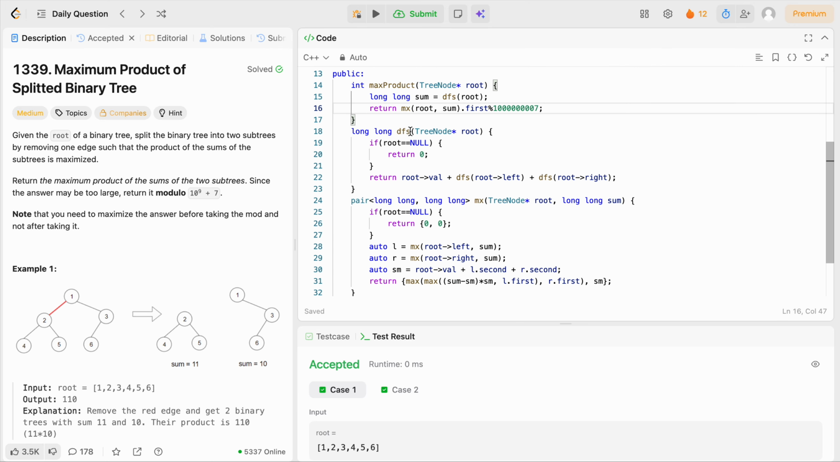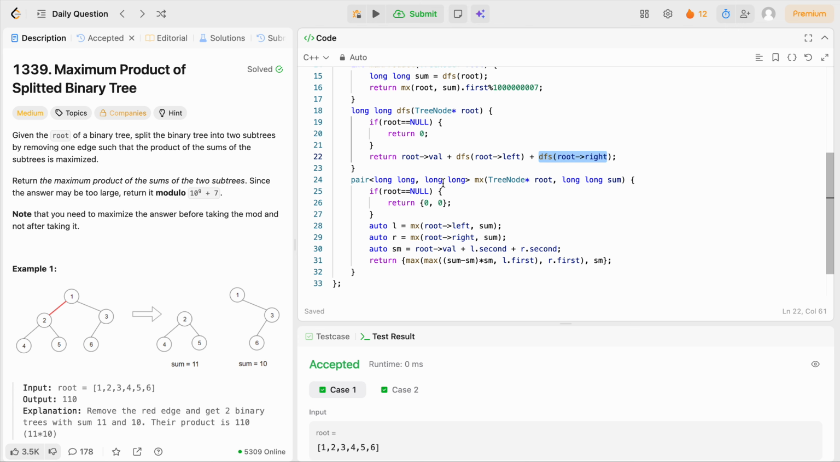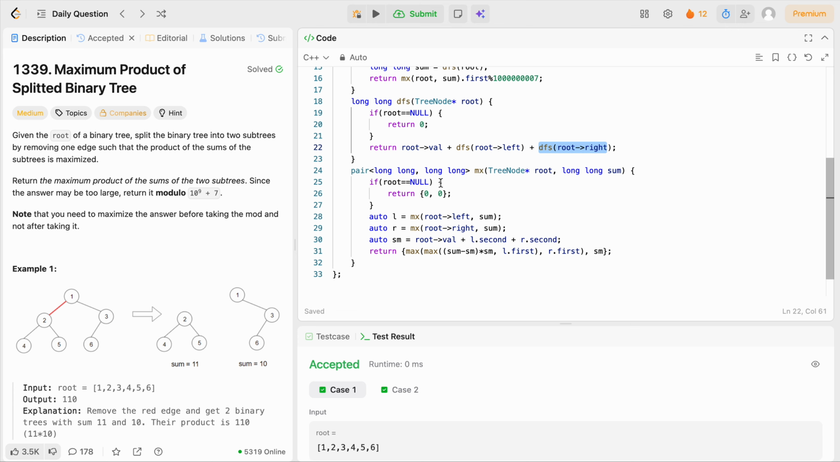So here is the code. First we calculate the sum using the DFS, right? So basically for every root, every node, calculate the value of the node, and then we go to left, and then we go to right, and then just sum it up, right? And then we again do the DFS, and then